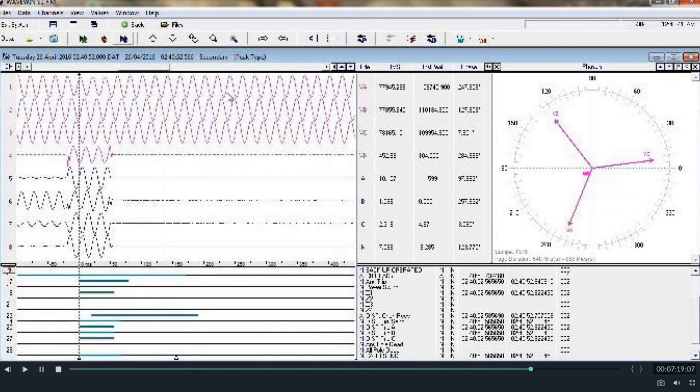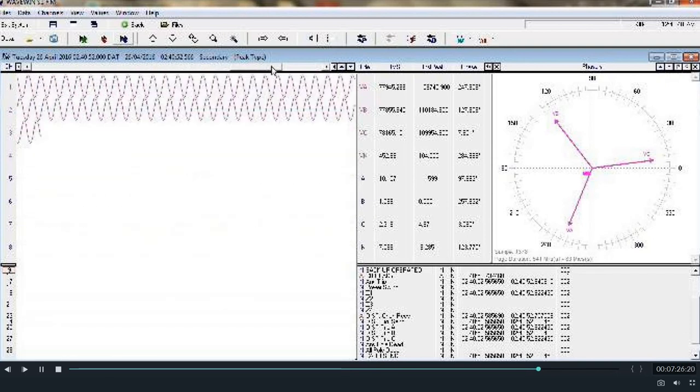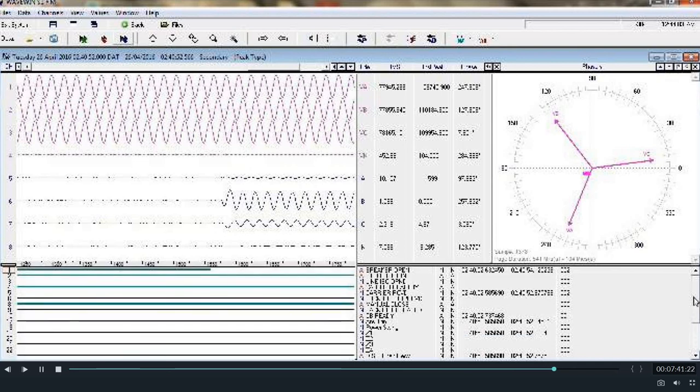Going forward, if we scroll the screen towards the right side for around 1000 milliseconds, that is 1 second or more, then we will be able to find that after around 1500 milliseconds there was again a spike in the current waveform. That is, after the relay sensed the fault, it gave a trip command to the circuit breaker and the circuit breaker was opened. At that time the current in the line became 0, but after 1500 milliseconds again we can observe there is some current in the line.